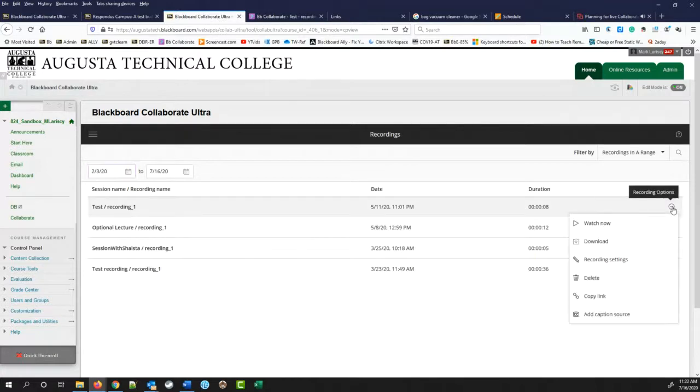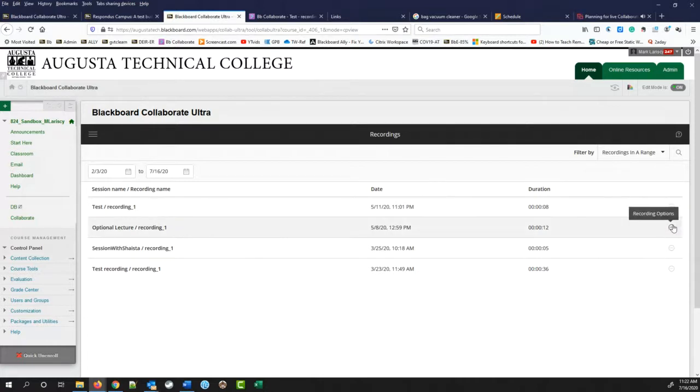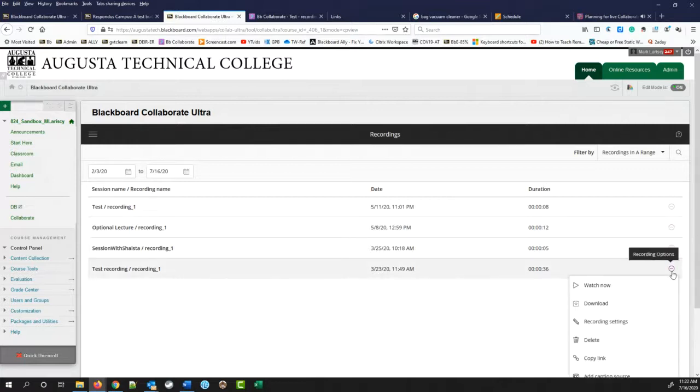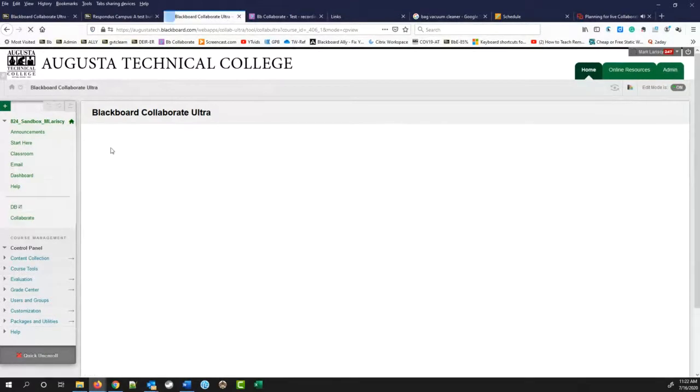So when you set up the session to allow downloads, students will be able to download it right here if they want it for offline viewing. But if you don't set it up for download in the beginning, they won't be able to download it. And it looks like,